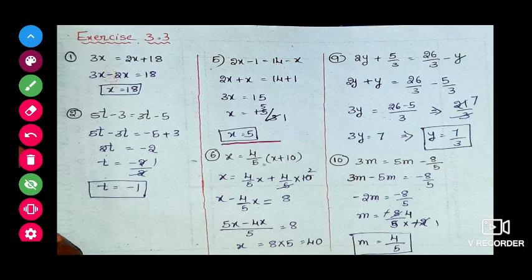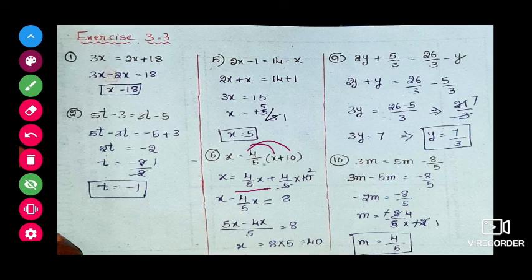That's it. Next one is x is equal to 4 by 5 of x plus 10. Here we can do it in two ways. The one way is keep this 4 here and 5 we can send this side and multiply. Or else directly multiply the 4 by 5 with both the terms inside the bracket first. So if we multiply 4 by 5 into x, 4 by 5x plus 4 by 5 into 10. Now 4 by 5 into x we cannot do any simplification further. We'll keep it like that only.